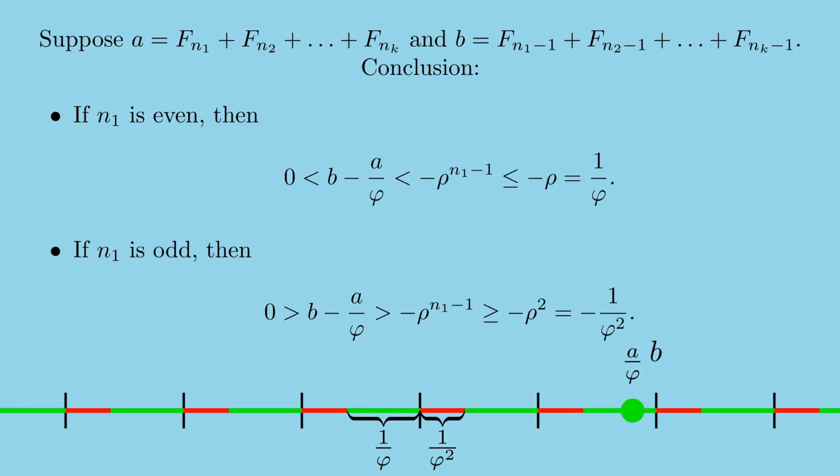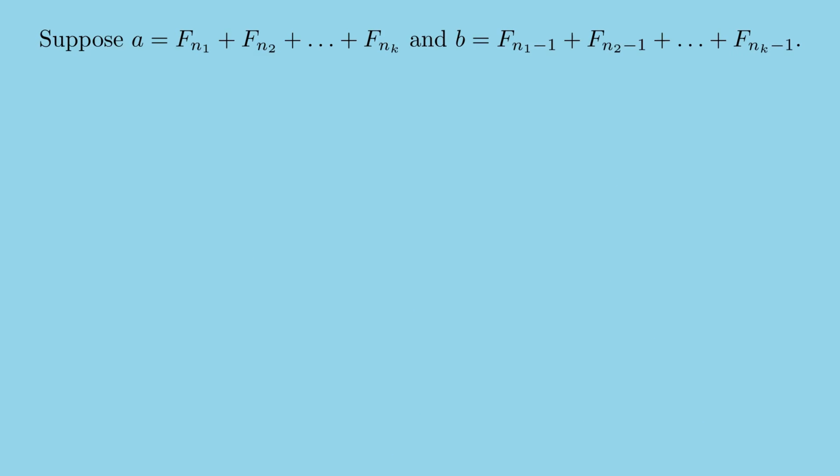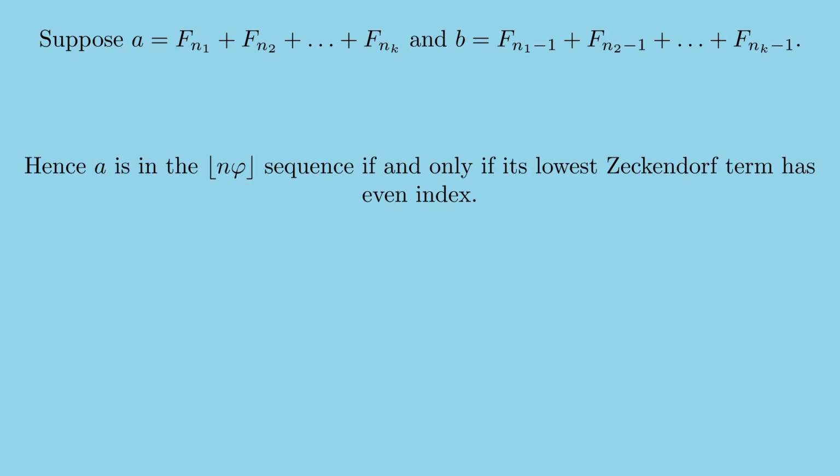We plot a over phi and b on the number line, and notice that moving a around, the condition that n1 is even is exactly the condition that a over phi is in the green, which is exactly the condition that a is in the smaller Beatty sequence. So we conclude that a number is in the lower Beatty sequence if and only if its lowest Zeckendorf term